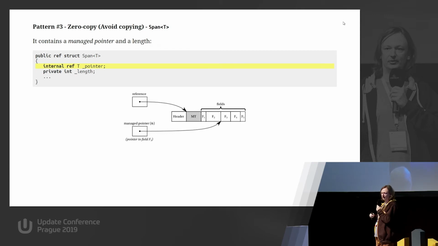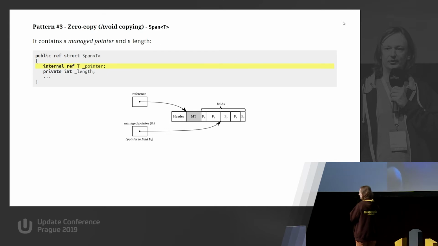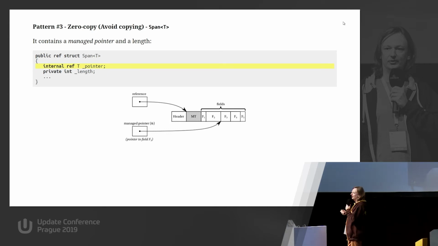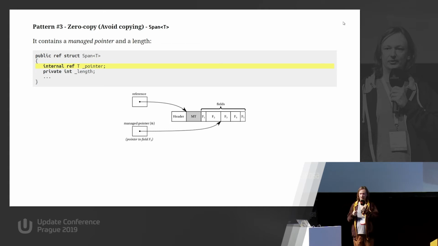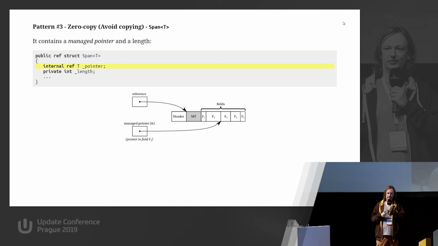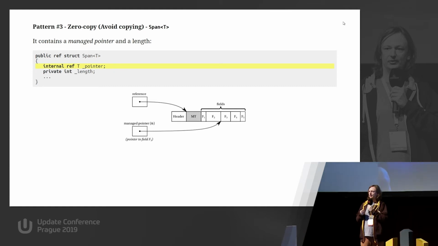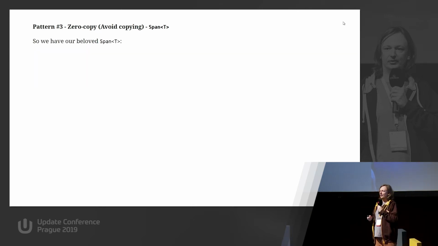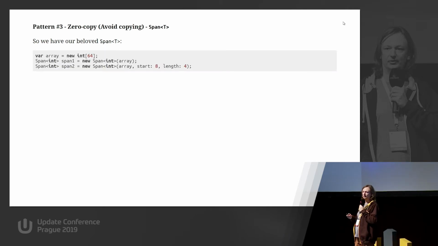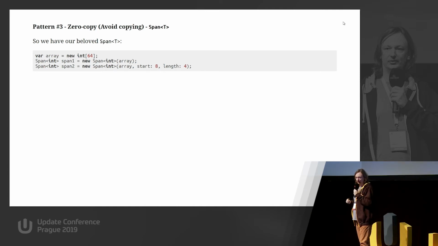But because underneath, the span uses a managed pointer, it can represent a lot of various data types. And this is a very powerful thing. For example, it can point inside an array or inside a memory region. Thanks to that, we have this slicing possibility. By the way, have you used Span so far? Few hands, I would say 10 maybe. Okay, Span can represent various types.